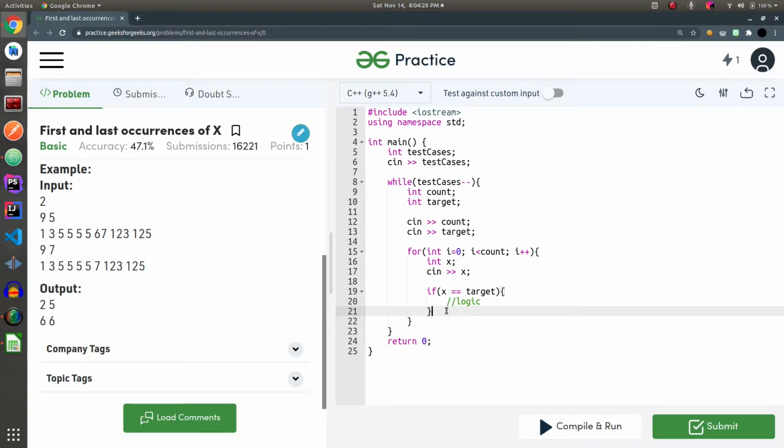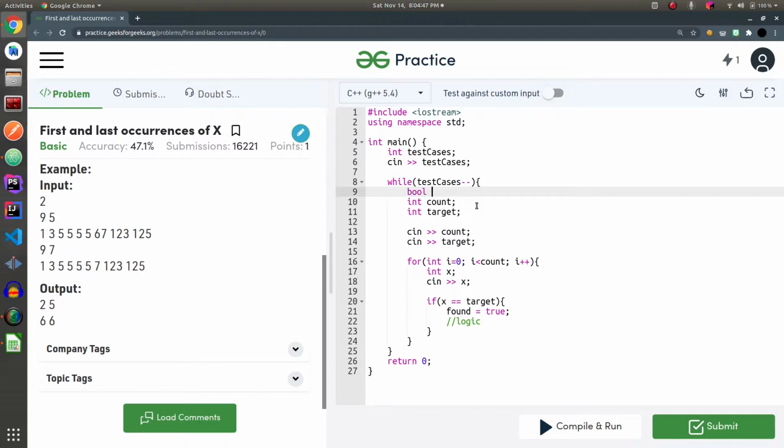In that case we have to make use of one boolean, something like bool found equals to false.